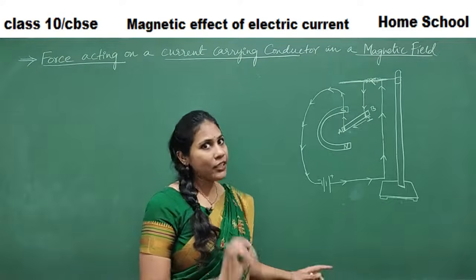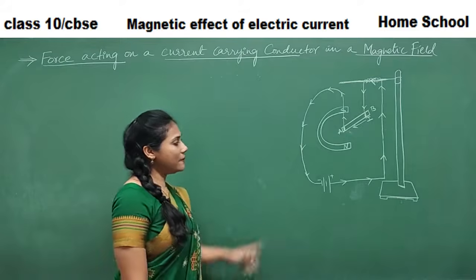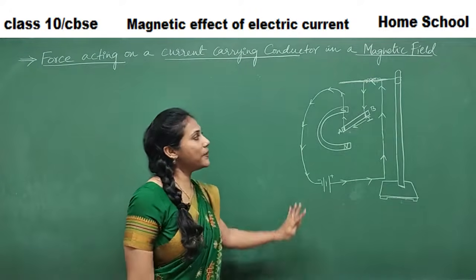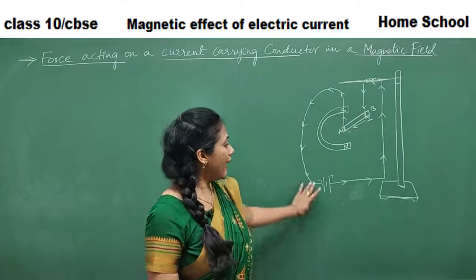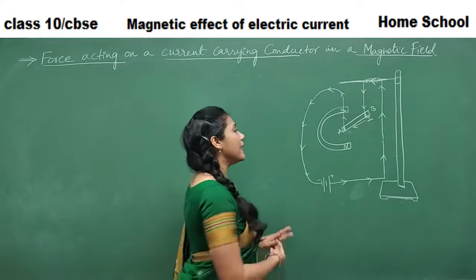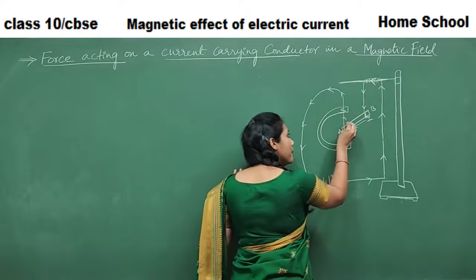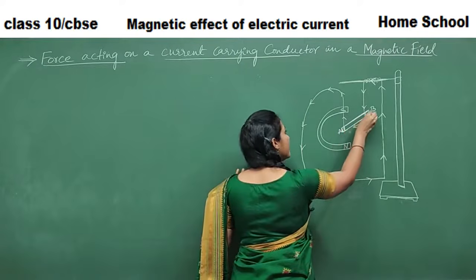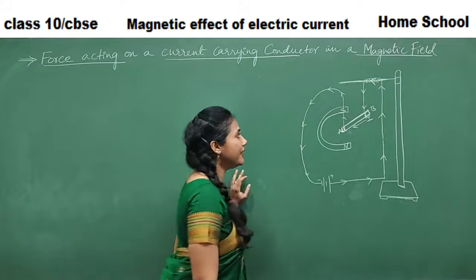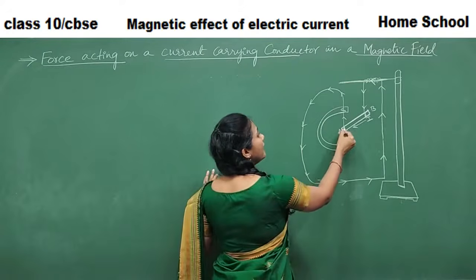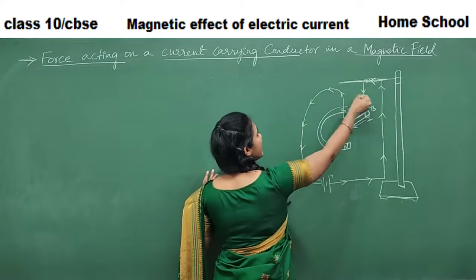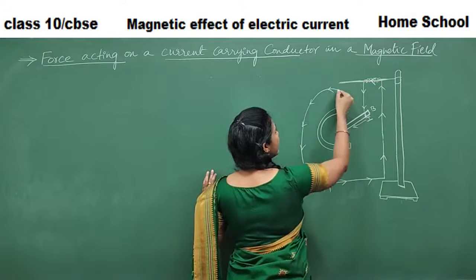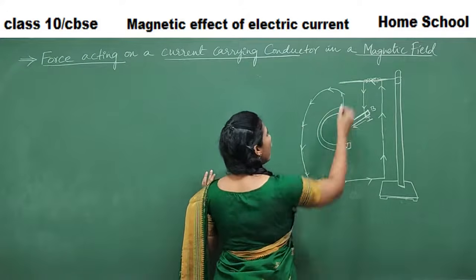See, to understand the concept better, I am starting with a certain experimental setup here. Carefully observe the experimental setup. Say we took an aluminium rod here. This is an aluminium rod, which is a conductor that can carry current, right? And that aluminium rod is freely suspended with wires. These are conducting wires made up of copper.